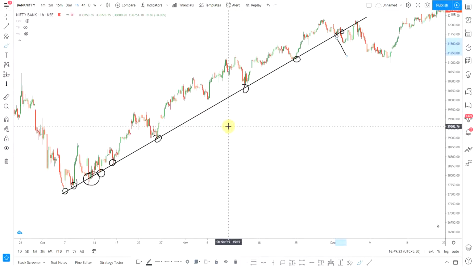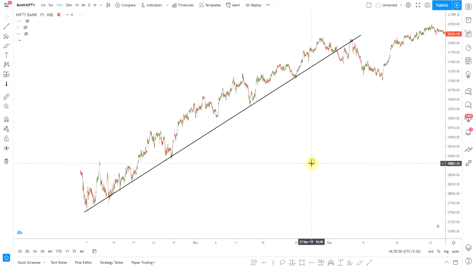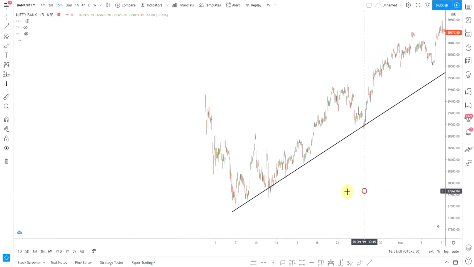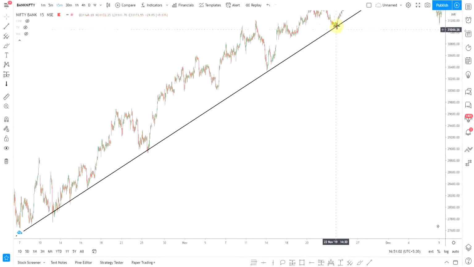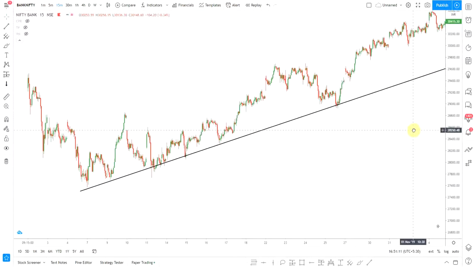Now let's just move on to the smaller time frame. Let me just delete these circles so it's a bit cleaner. Now let's move on to the smaller time frame, or the time frame that we're going to be trading on, which is the 15 minutes chart. There we go. You can see that in spite of the chart being in a long-term uptrend, you can find smaller trends that can be traded.